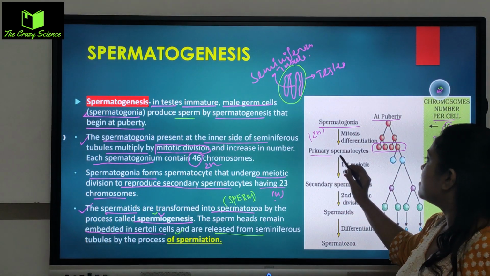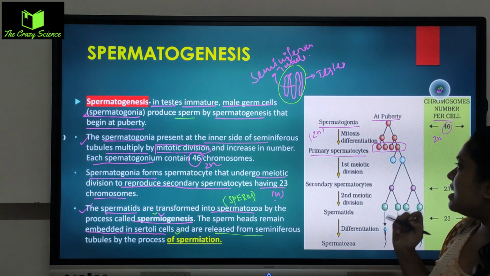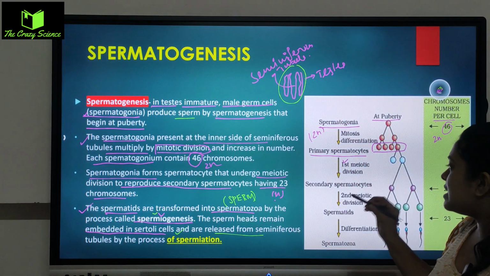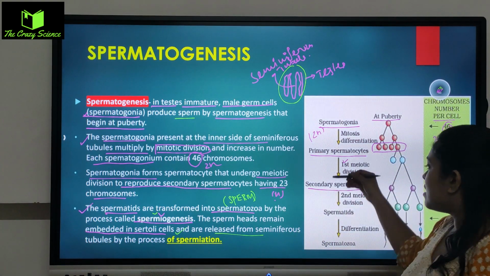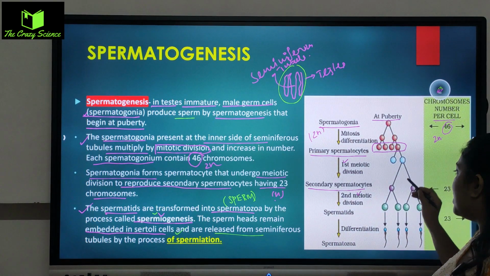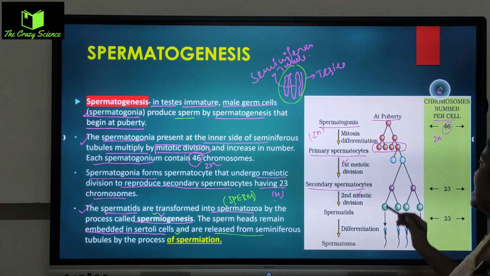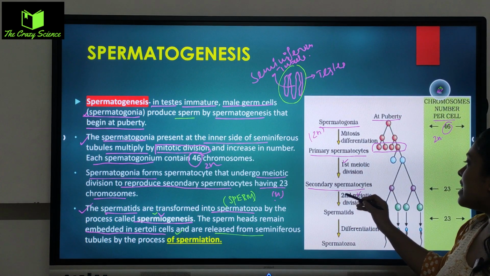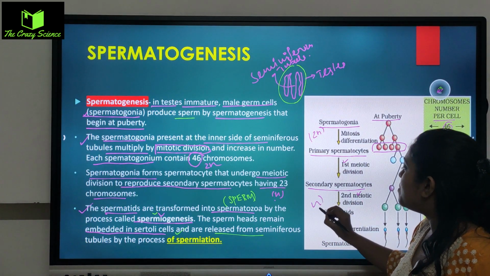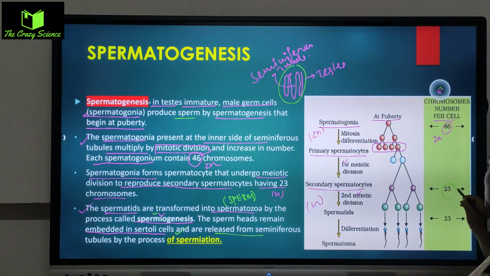And it formed the primary spermatocyte and it underwent the first meiotic division, then where did it go? It transformed into secondary spermatocytes, which is formed by the second meiotic division. As you can see the structure over here, the moment they enter the secondary spermatocyte, it makes spermatids, and this is n, haploid in nature, and they are having the chromosomes